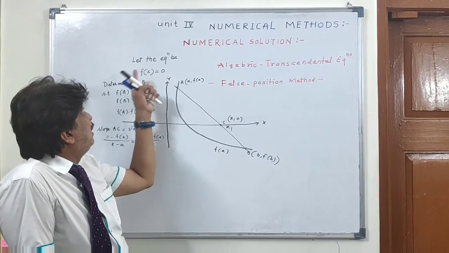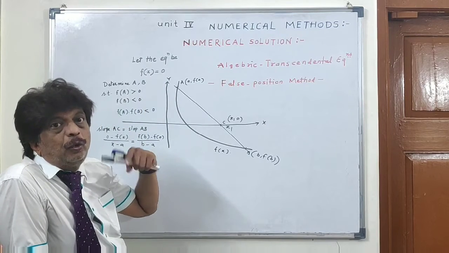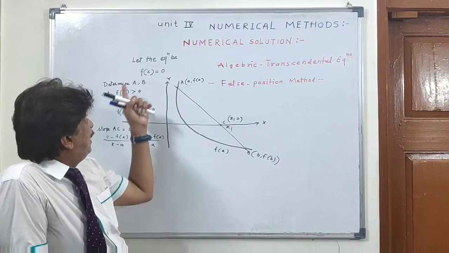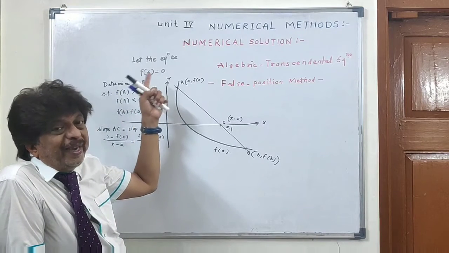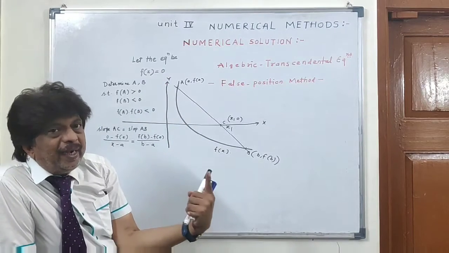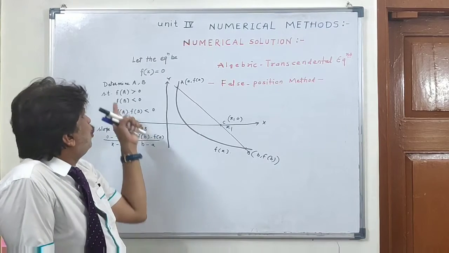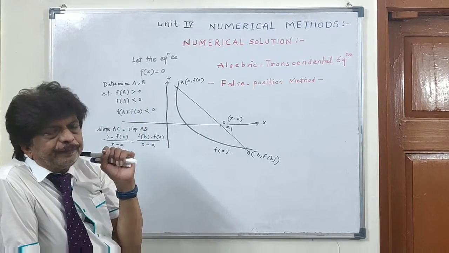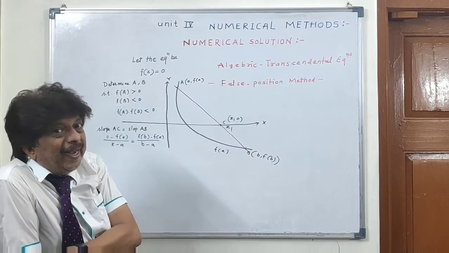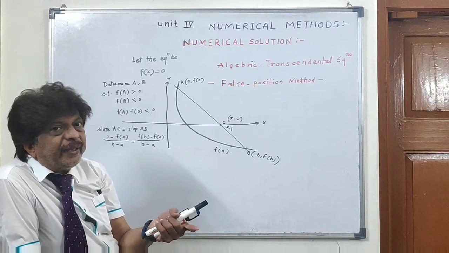So consider the equation f of x is equal to 0 whose numerical solution is to be determined. Okay. f of x equal to 0, a polynomial or transcendental equation, whose numerical solution we have to find. So this is step 1: we have to find two points, capital A and capital B, such that